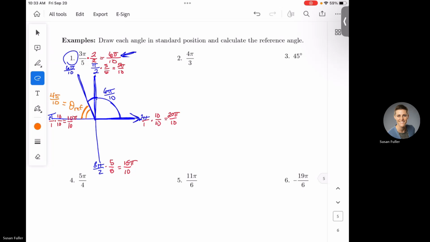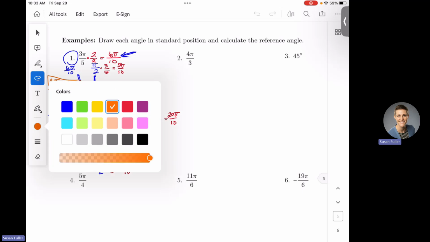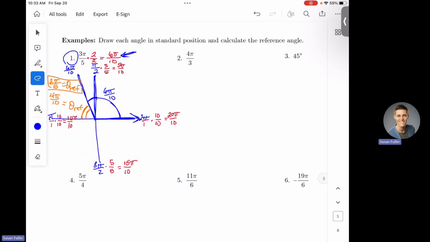Okay, so if I simplify that, I can take a 2 out of top and bottom. That is 2 pi over 5. That is my reference angle in simplified form. And in quadrant 2, if you wanted to use the formulas that we came up with in class, in quadrant